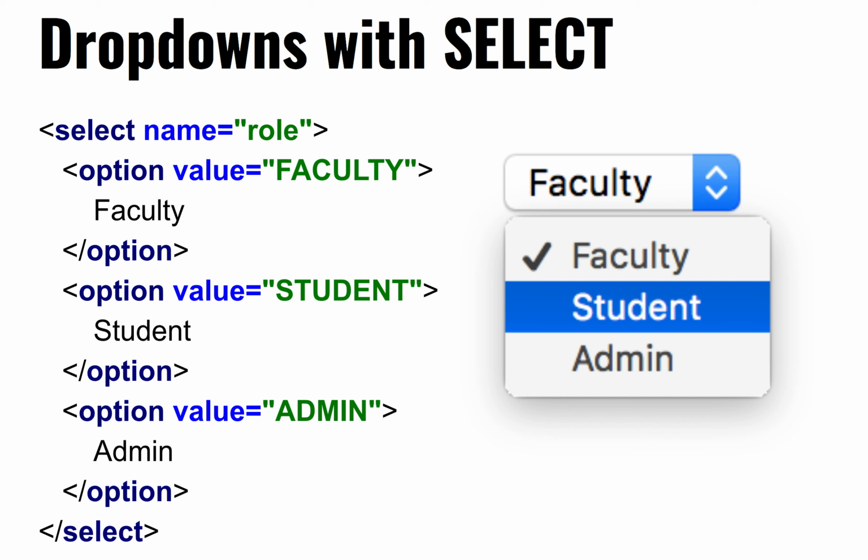It'll create a list of name-value pairs. So it'll say the name is role and the value is one of those: faculty, student, or admin. So it'll say role equals student, first name equals whatever. The name and then the value together create a whole string that gets sent over to the server as the